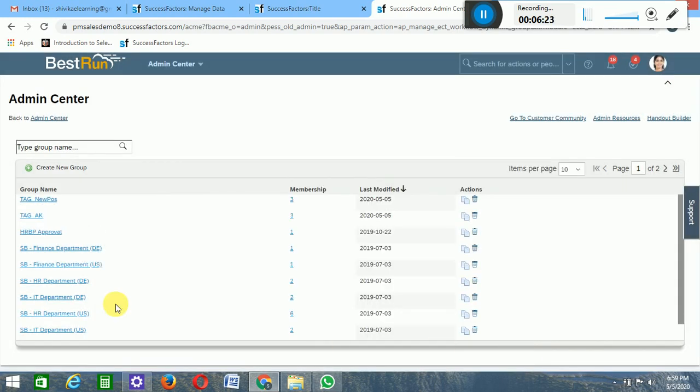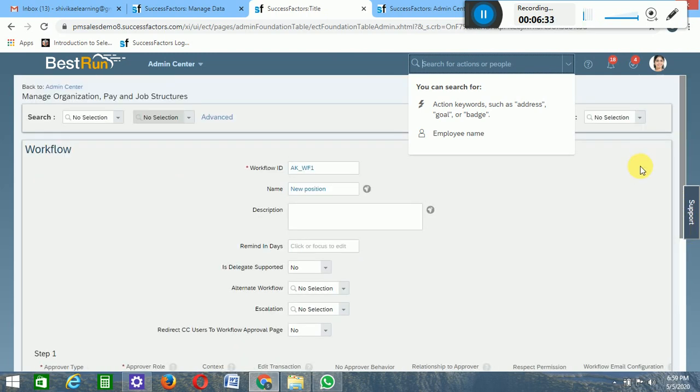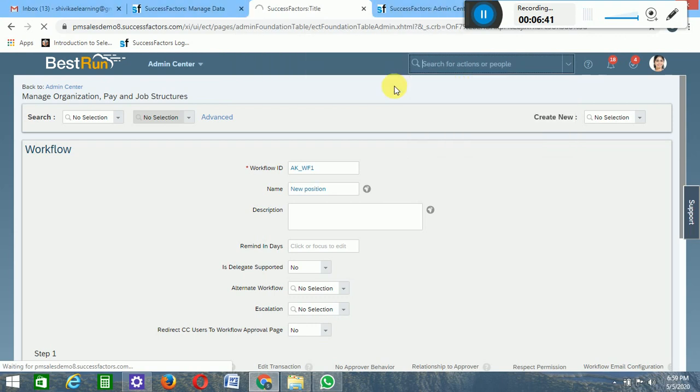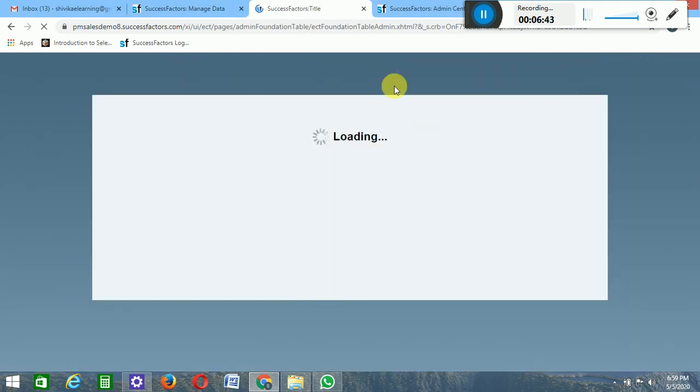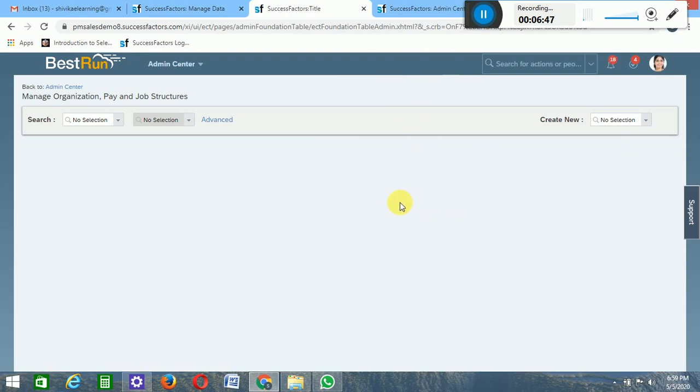Okay, so it is going to reflect here. Then go to the workflow thing. Before any change is reflected, you have to reload the current page. So reloading it. So what we are creating here, workflow, right?